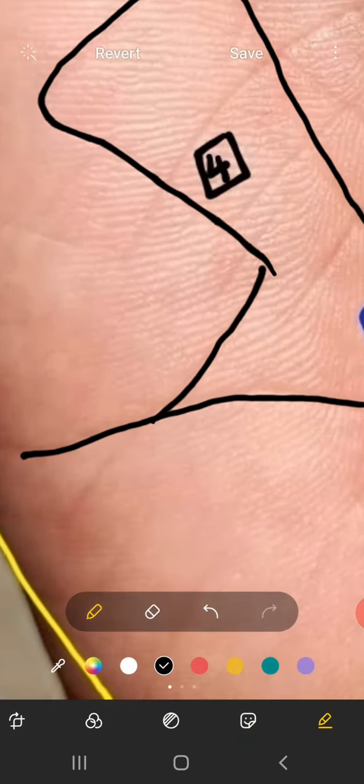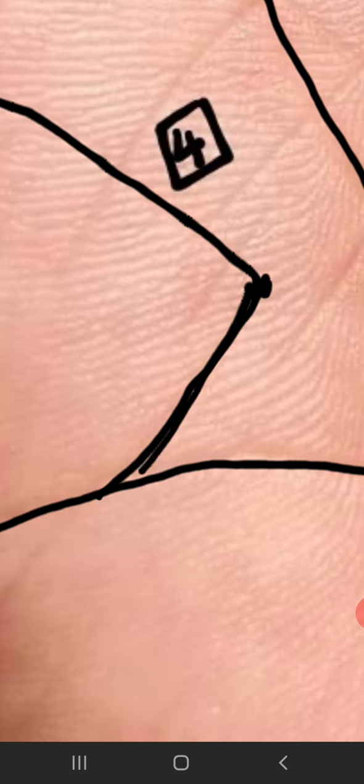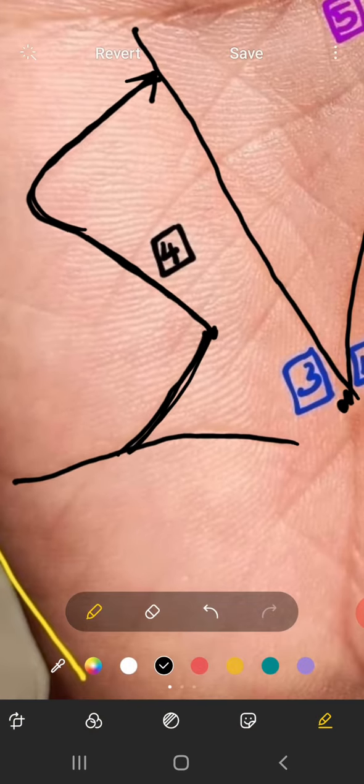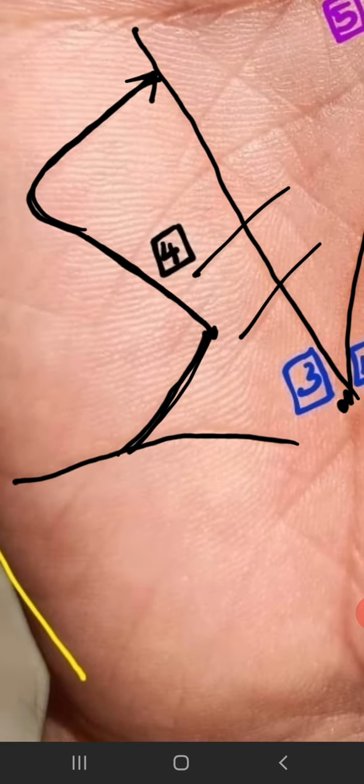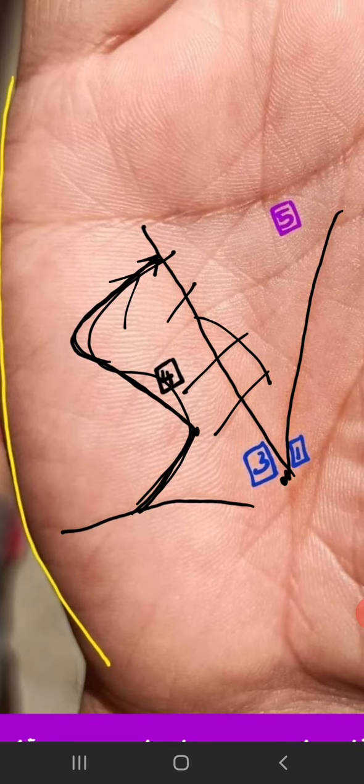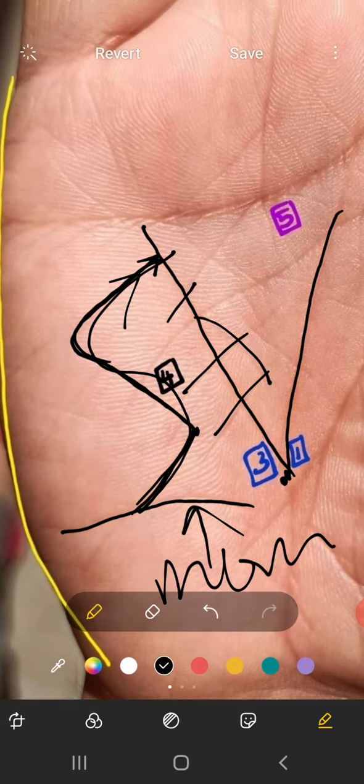Did you observe that it goes this way and then goes this way and all the way up to the Mercury line? Of course, there's 1, 2, 3 and some 4, but there is one more which came all the way from here. It also shows this is a moon line. This is a moon line, and it again goes and touches the Mercury. So in this palm, you can see that the moon is really having a strong impact on the Mercury.